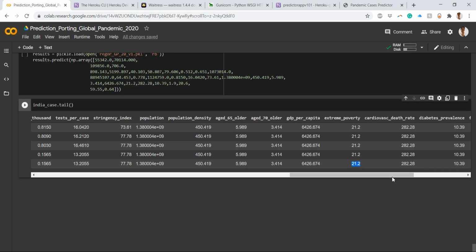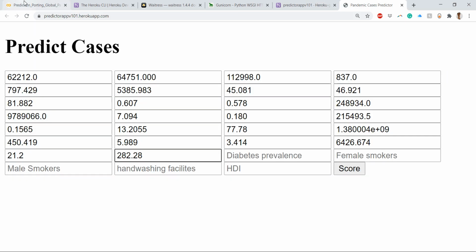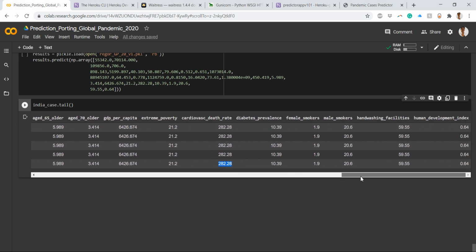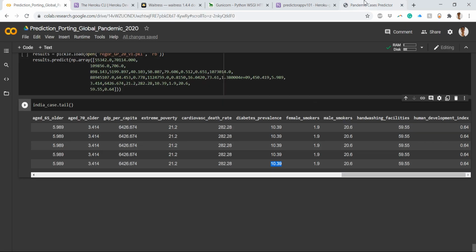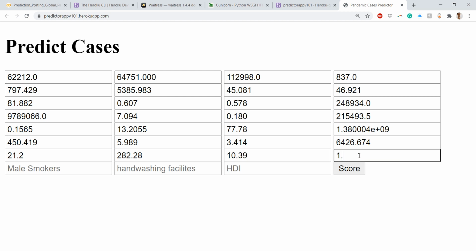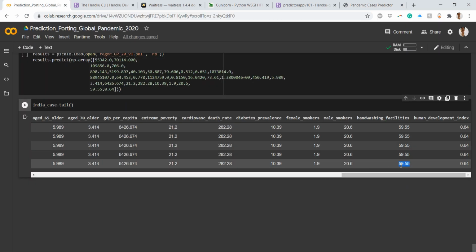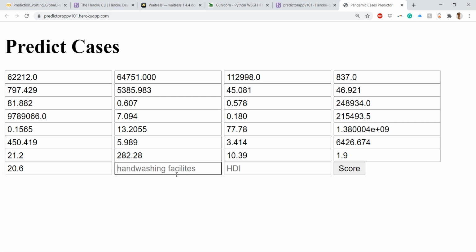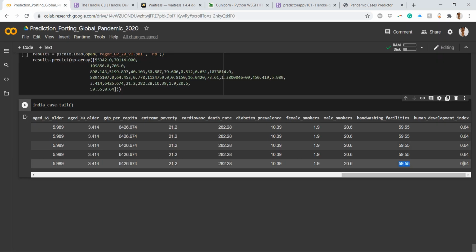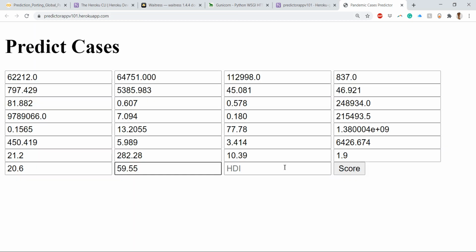Then the cardiovascular death rate. Diabetes prevalence. Female smokers 1.9, male smokers 20.6. Then hand washing facilities 59.55. And this is the HDI, that is Human Development Index.